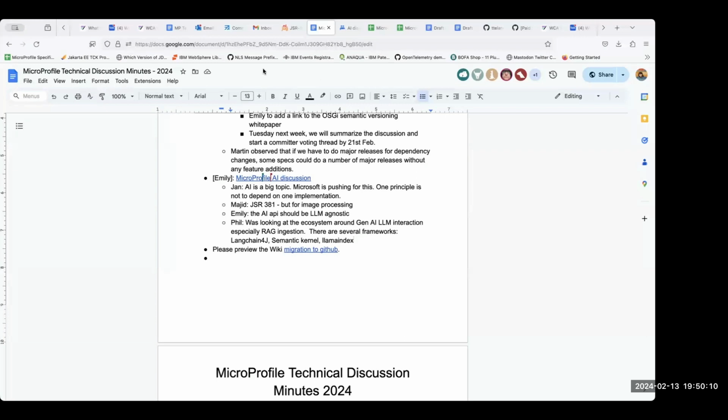Yes. That's exactly it. For me, I'm also interested to look at LangChain4j and LlamaIndex as well. So how can we move this forward?